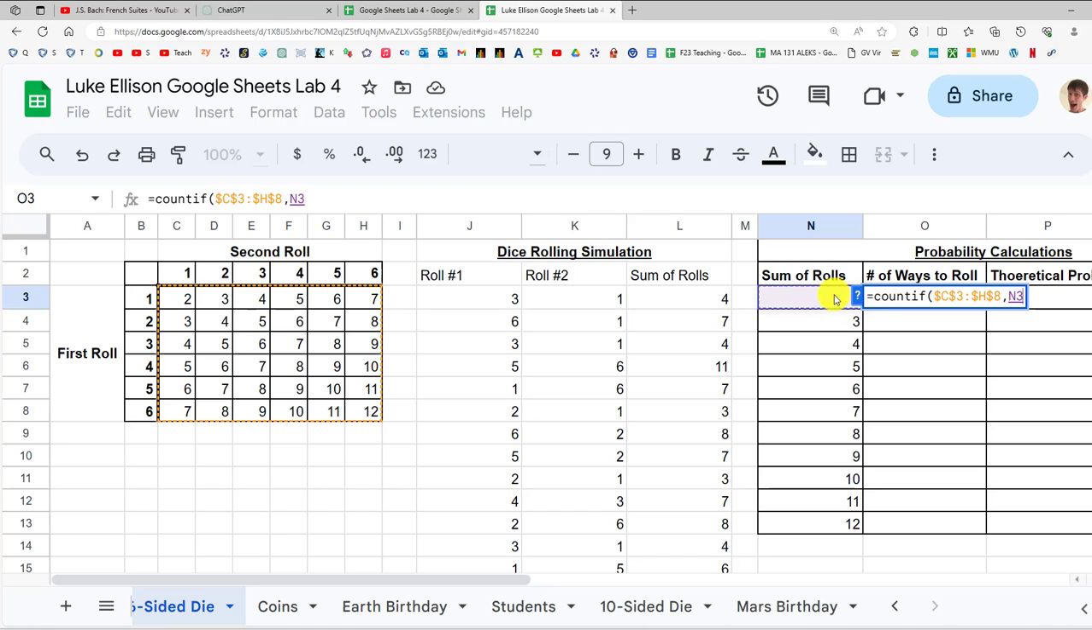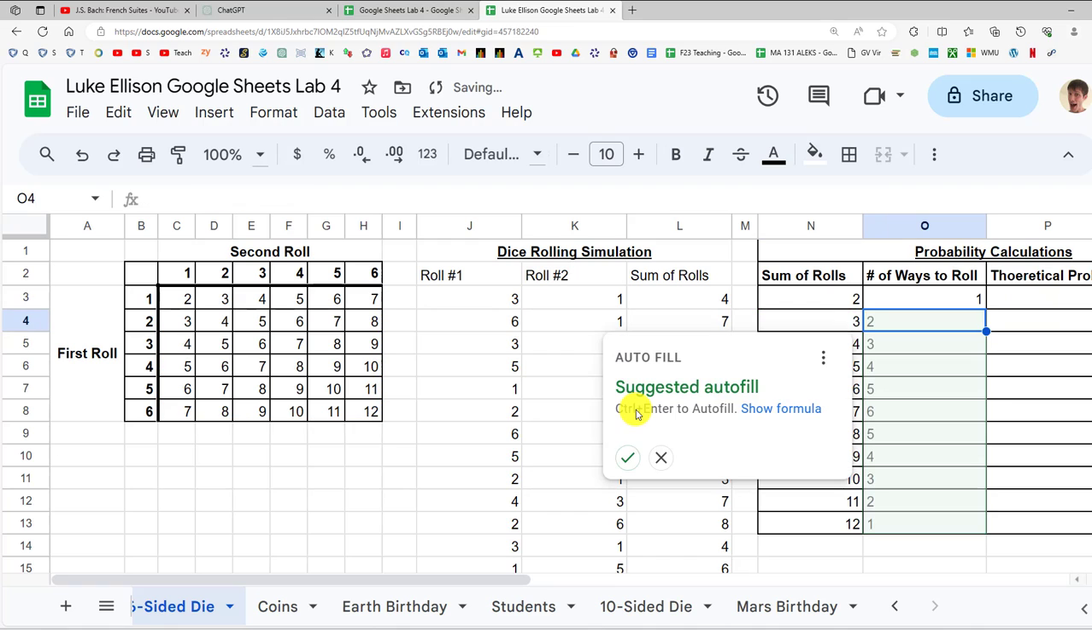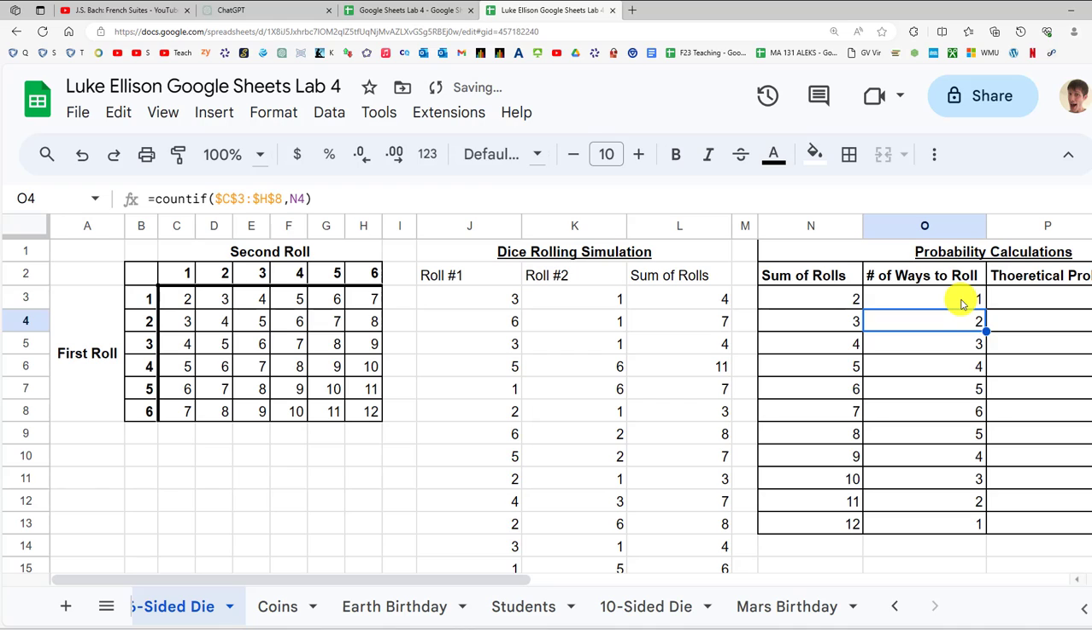It's kind of hidden right here, but it is the 2, the sum of the roll being a 2. I'm going to close parentheses, press enter, and it is going to count that for me. It's going to suggest an autofill. Let's accept that. And that is going to count the number of 2s, 3s, 4s, 5s, all the way through 12s. So now we have all those numbers, and if I highlight all the way through here, you can see